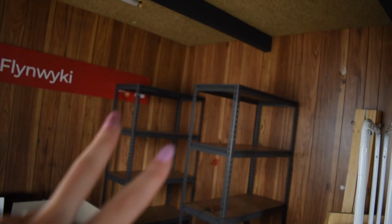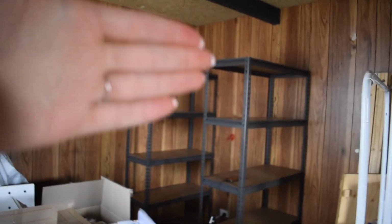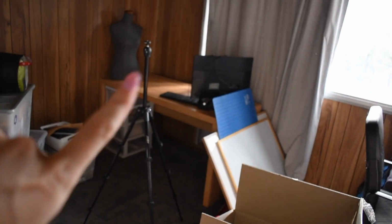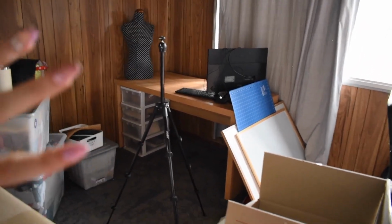Anyway, my plan is to have those 2 there and then the other 2 sort of here. And then if I ever need to extend however many shelves I have for stock or for fabric or anything like that, then I can just put 1 more at the end of each row. And I'll still have plenty of room to walk around this area from the door here, have access to all of the shelves, and then I'll walk around here, have my whole sewing situation. That's going to be my cutting desk, and then that's going to be my little laptop work desk, so that I have a more private section if I need to focus on work and I don't need to be sort of surrounded in clutter. That's the plan at the moment anyway,